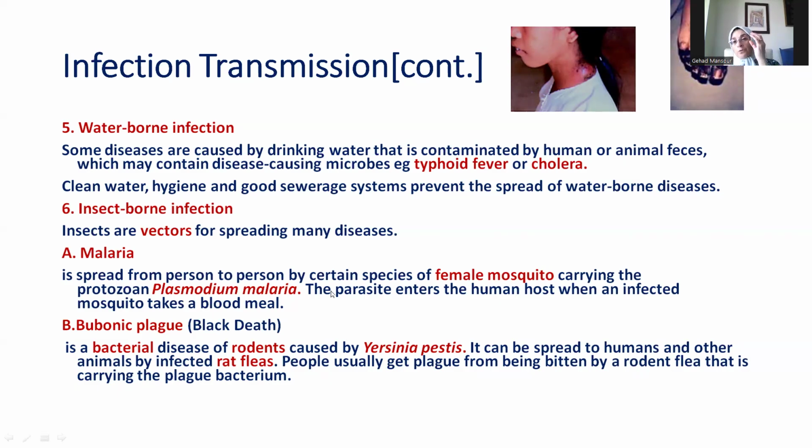And the mosquito does one thing. It sucks blood from the diseased person, and goes to another person that is originally healthy and pierces its skin with the piercing mouth parts and vomits the blood with the Plasmodium malaria into the wound and therefore into the blood of the second person that was previously healthy. So the causative organism is Plasmodium malaria, whereas the insect vector is the female Anopheles mosquito.